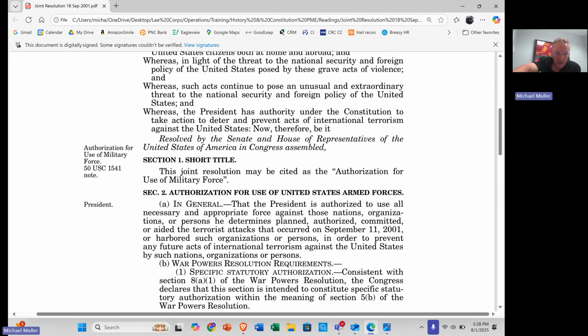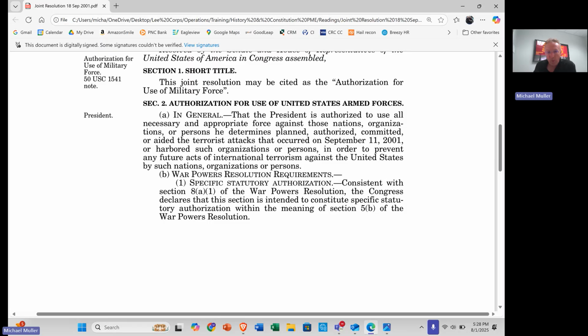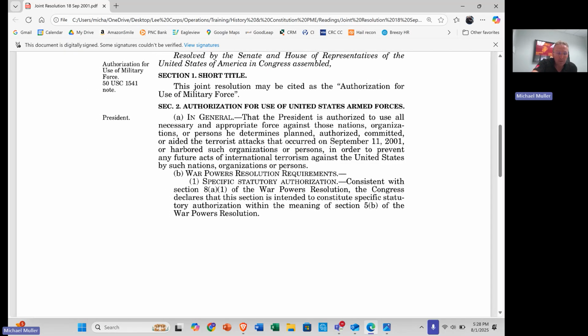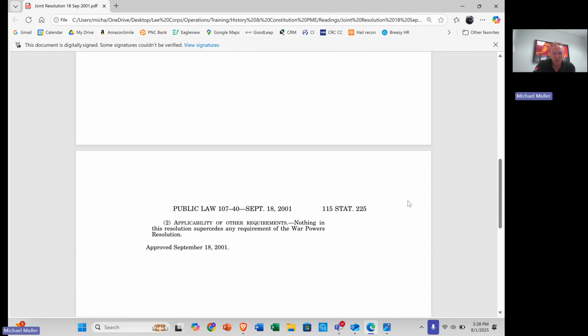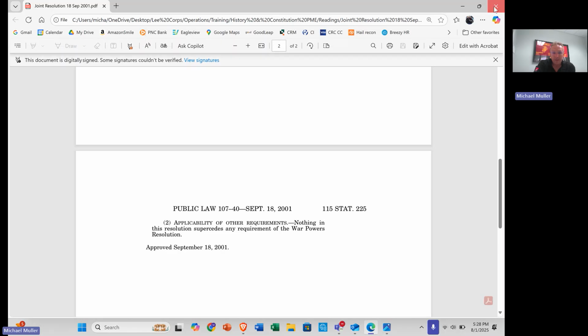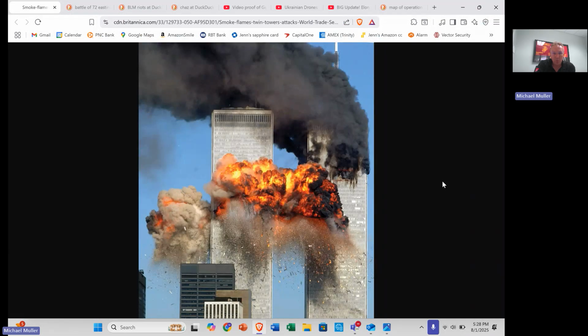So they cite the War Powers Resolution, which, by the way, is not a constitutional document. You can't use an act of Congress to supersede the authorities of war given in the Constitution to the Congress. So you can't do that. So it's actually technically an illegal document, but nevertheless, it's followed. And this constitutes the global war on terror. This gives the authority, which to my knowledge still hasn't been repealed. This brings us to 20 years of war, basically.